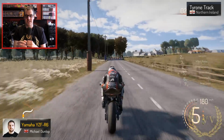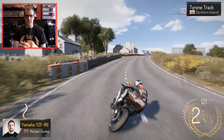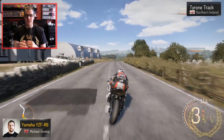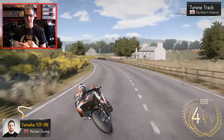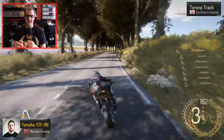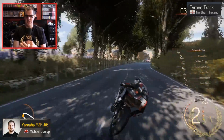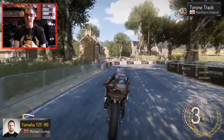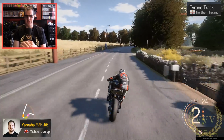But I'm gradually learning this circuit and working my way around. There's still loads more speed to find obviously, but I'm just enjoying it actually. I don't quite understand the people that are saying there's no feeling of speed. For a behind bike view, where there's always less speed behind the vehicle, this is actually one of the best feelings of speed I've seen on a game like this, so I don't really know where people are coming from